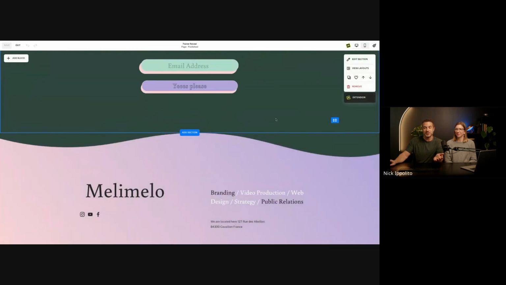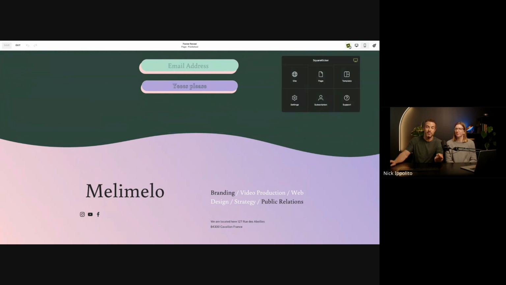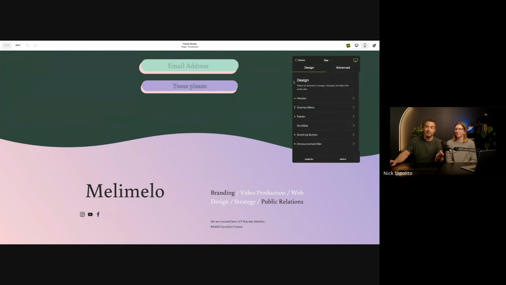Another fun thing you can do is called a footer reveal. You would have seen it on some templates, super easy to do in your tools. So I'm going to jump into my Squarekicker tools at the top. I can make things happen just from my site or just from my page. But if I go into my advanced tab and go to footer reveal, oh, that's enabled on the whole site. That's right. I want to go to my page now.